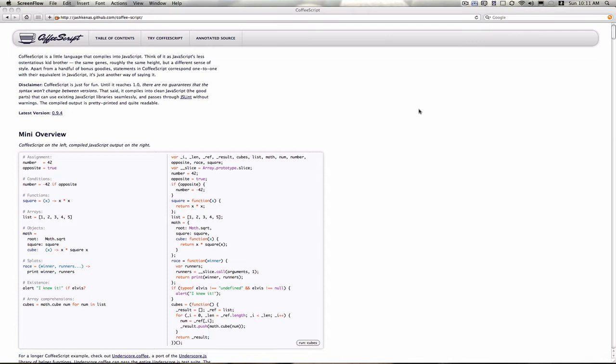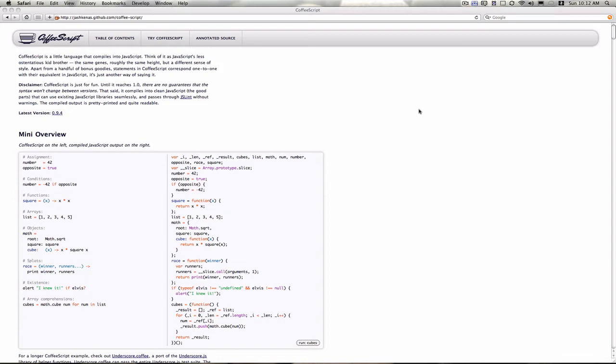Today's topic is a quick one. It's just about this new interpreted or compiled scripting language called CoffeeScript. So if you are tired of writing very ugly and annoying JavaScript code, you can utilize what's called CoffeeScript to write very clean Ruby-like or Python-like code that is then compiled into JavaScript. So everything works as if you were just writing plain JavaScript